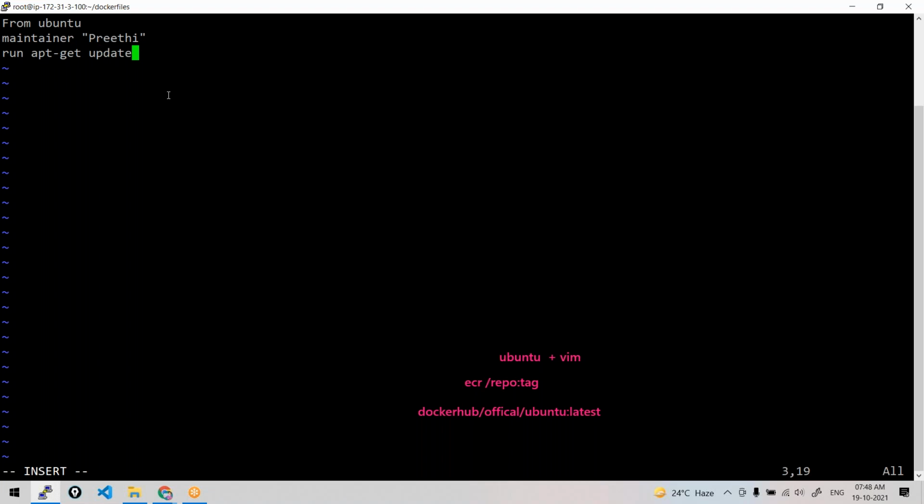That's what we did, right? And then RUN apt-get install vim. Also give the -y option because it's not an interactive mode. So these commands will be executed during the creation of the image. That's all, a small image which will install Vim there.